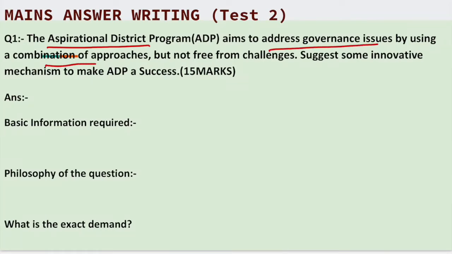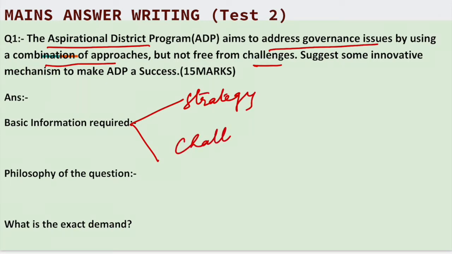In this question you will have to first talk about the strategy of ADP and second, the challenges with this strategy. However, there are not too many challenges of ADP because ADP has also made a success, and it has been revealed in the recent survey that there is a rising institutional birth delivery and a rising registration of pregnancies of women. But we will have to highlight the challenges with respect to